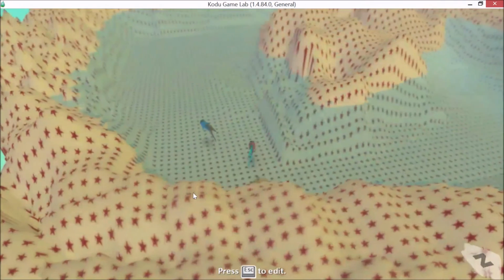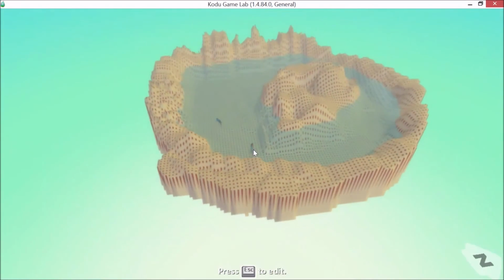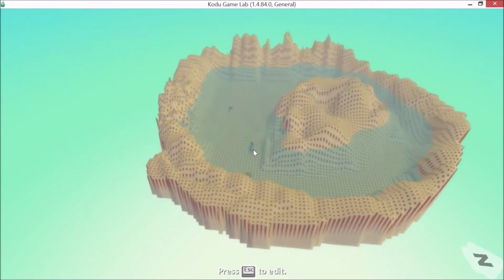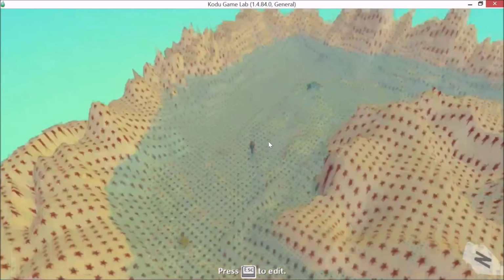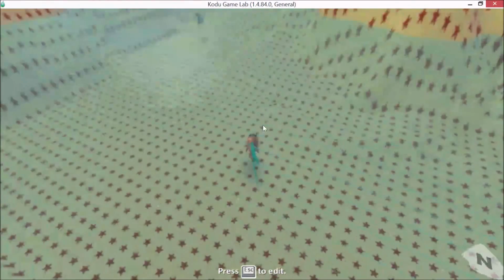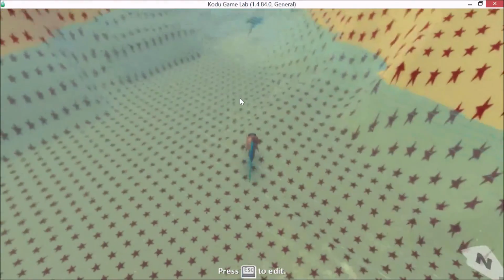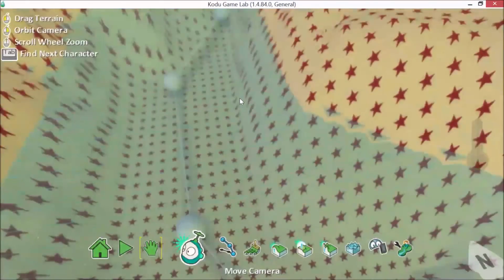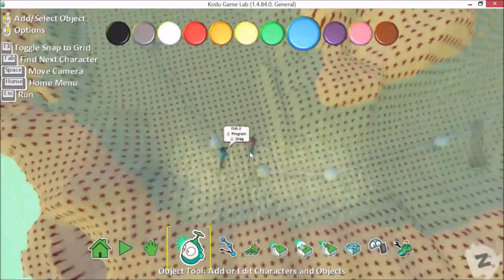And then you can see I've created the hills and valleys, and in the middle I've used the underwater tool and have the characters as fish. And the idea of this game is to touch the starfish first. Alright, so just a reminder, I've got the path tool for the two fish,